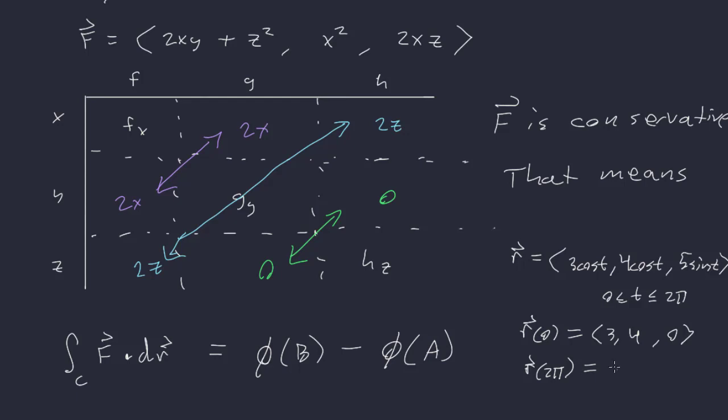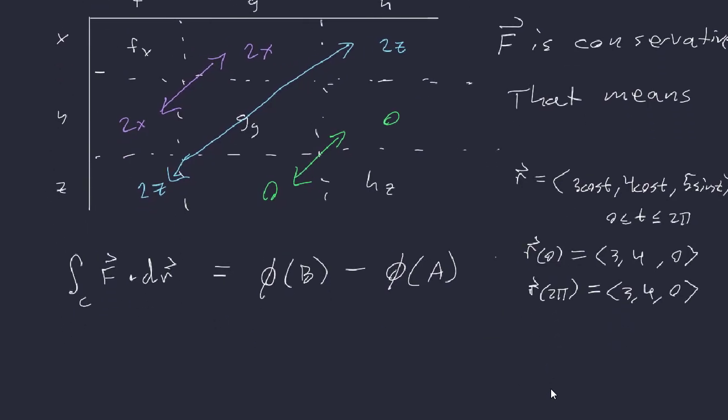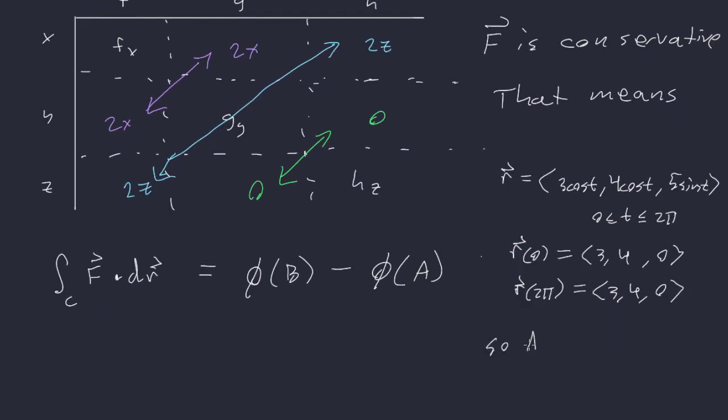And r of 2 pi is going to be the same thing. It's going to be 3, 4, 0. So the starting point and ending point is the same. Let me write it like this. A will be the point 3, 4, 0, and the point B will be 3, 4, 0, meaning that our